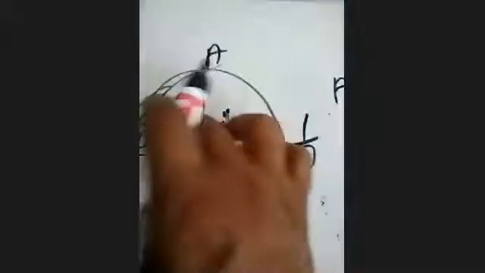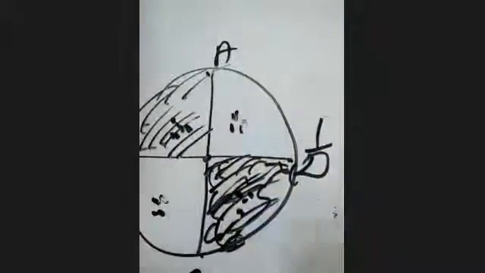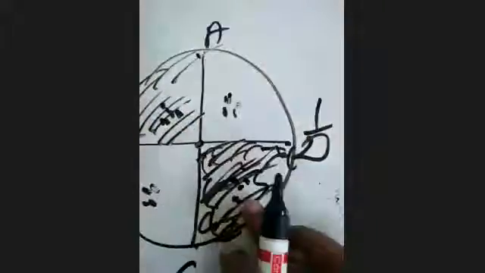See here, it was given that area of the shaded region was 308. So when the perpendicular diameters are there, they must be perpendicular at the center. This 4 times of this. There are 4 quadrants. So these 2 quadrants will become a semicircle and these 2 quadrants will become another semicircle. Area of semicircle is 308. So area of circle will be double of this: 2 into 308.